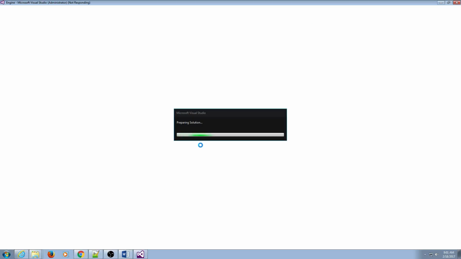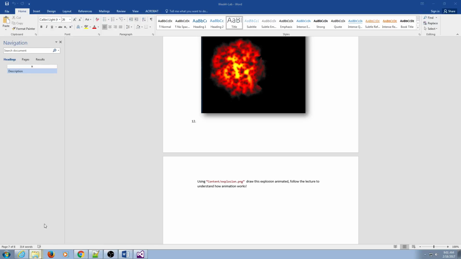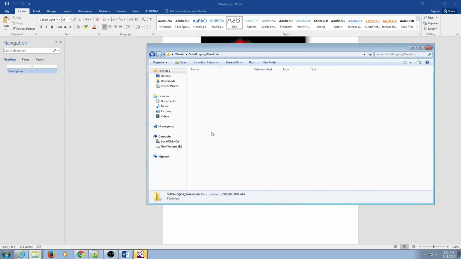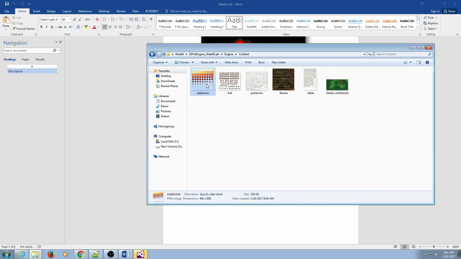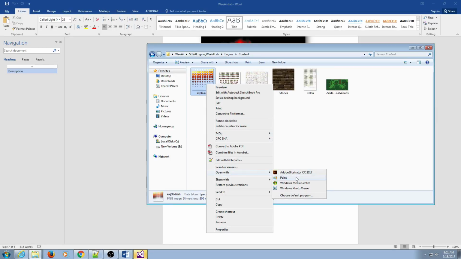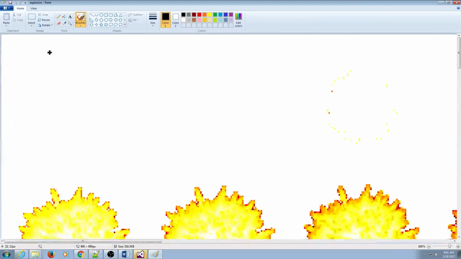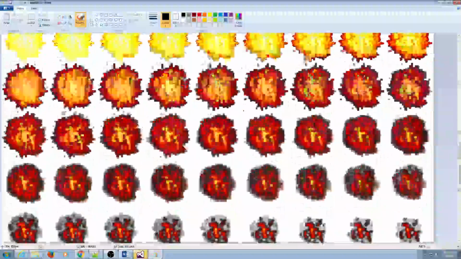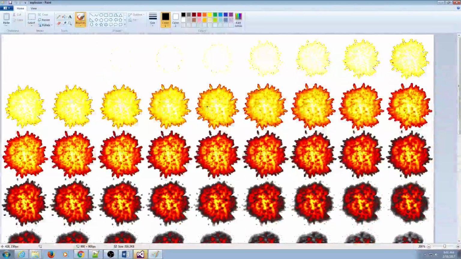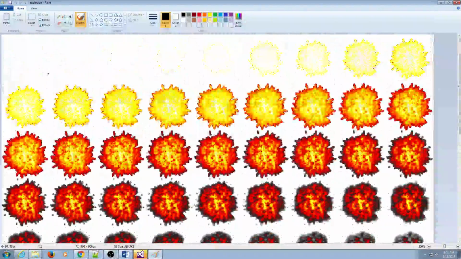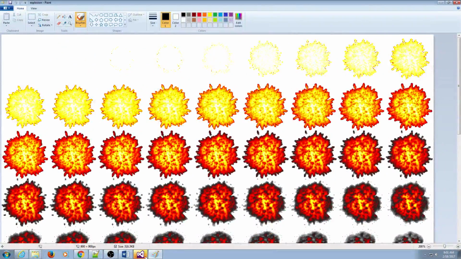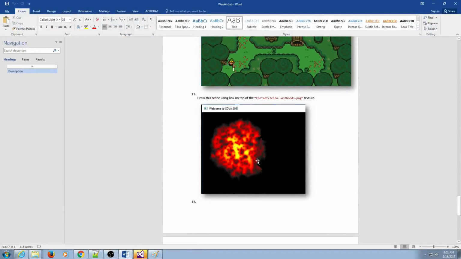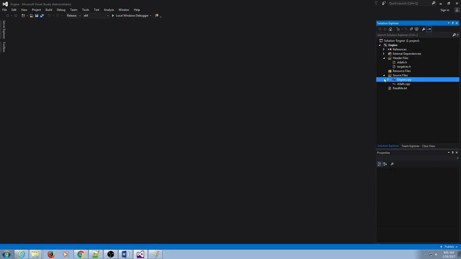So the goal is we have this sprite sheet that exists here. It looks like this. And I want to go frame by frame and use this explosion to animate it. So this is a sprite sheet with an explosion. Each one of these explosion sprites is like 100 pixels wide by 100 pixels tall. And the goal was to make it look like it's animated, like so. Starting with